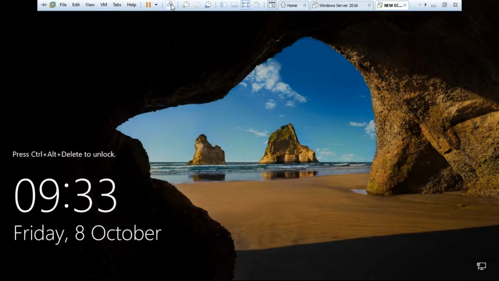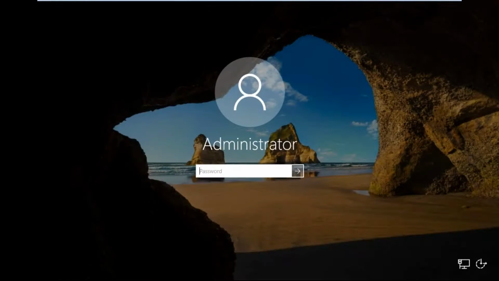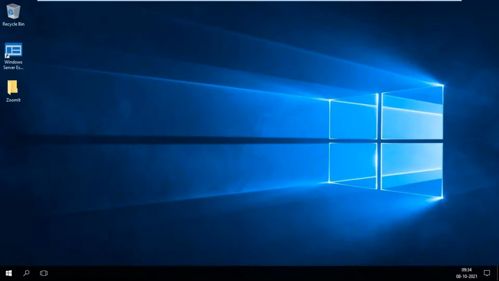So here we need to press the three keys, Control Alt Delete. Enter the password. So automatically we got the pop-up window, the SAP installation window.